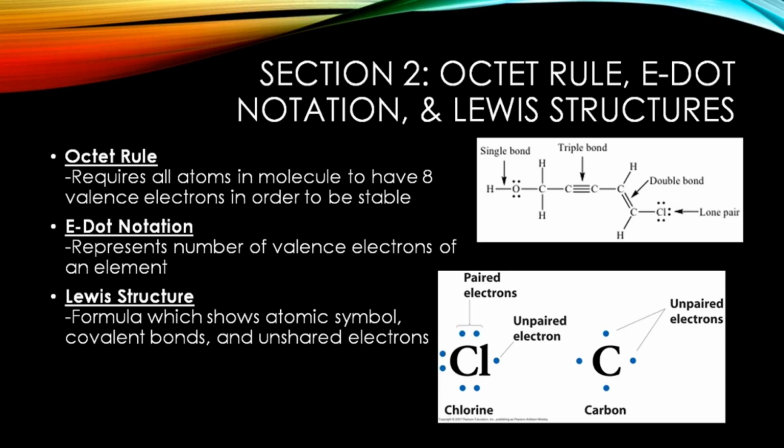Now, as a review, the octet rule wants atoms to become stable by having blank number of valence electrons. You should get 8. And this is true or false: the electron dot notation also represents the number of protons because a neutral atom contains the same number of protons and electrons. And you should get false. If you got true,